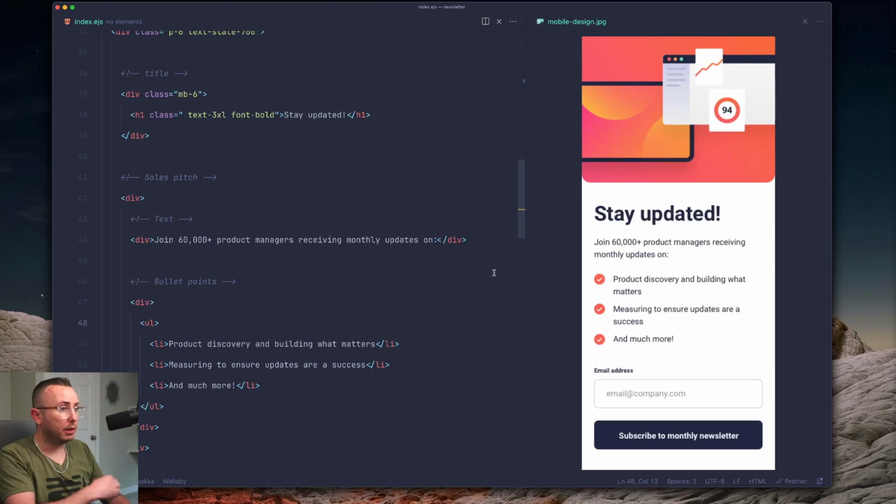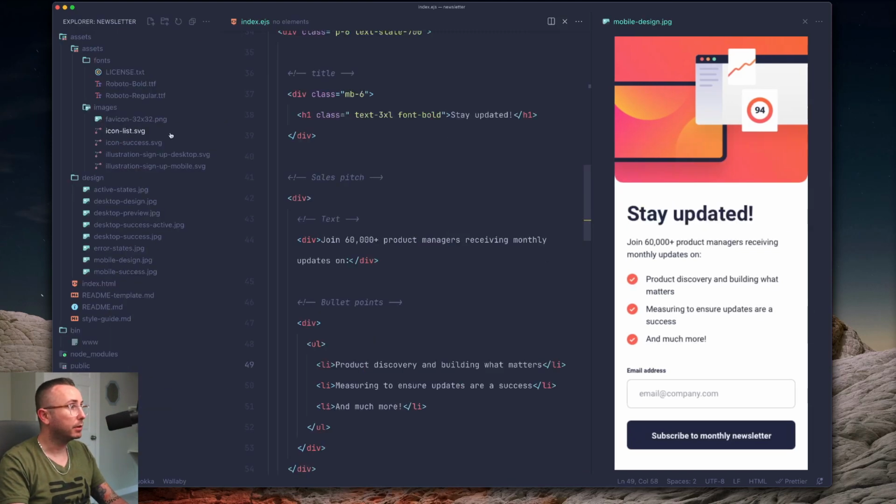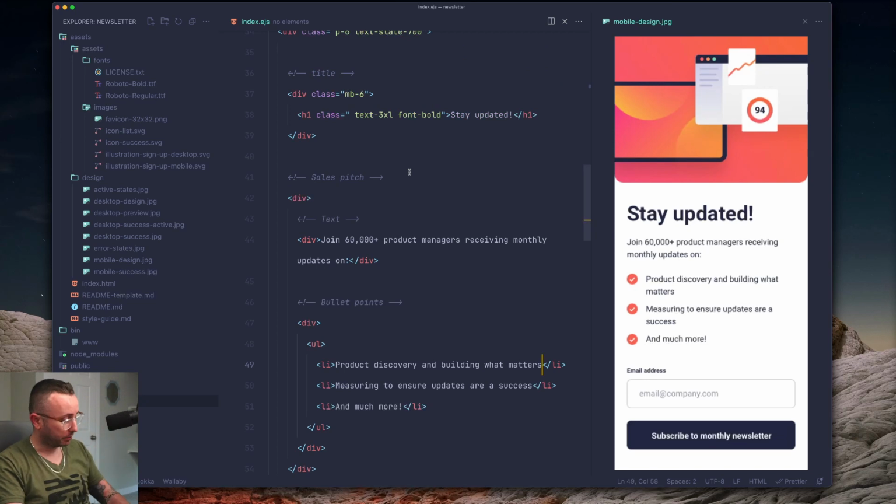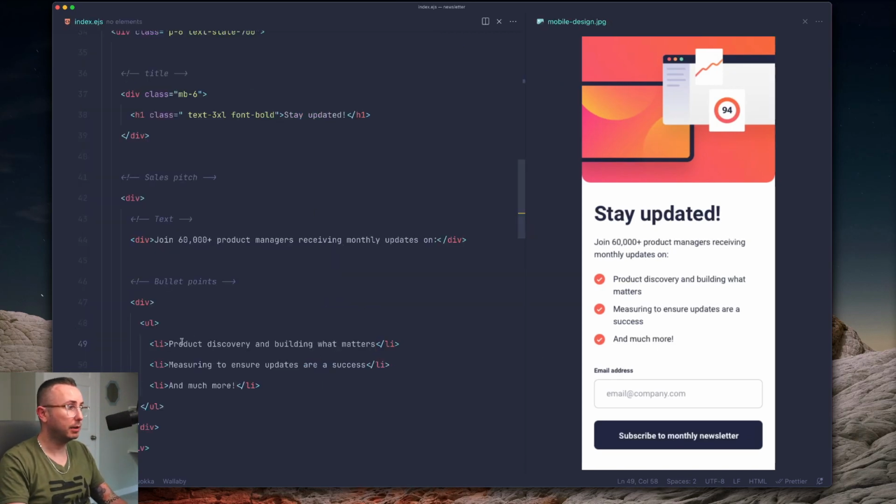Now, I believe that there isn't a way to set your own icon for the list item itself. So what we might actually have to do is split these LIs into 2 divs. One with just this image that they do provide, I believe. If we go into the icon list is going to be this. So we'll close that again, and what we'll do is we'll actually go